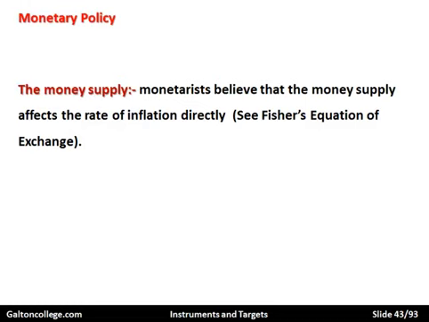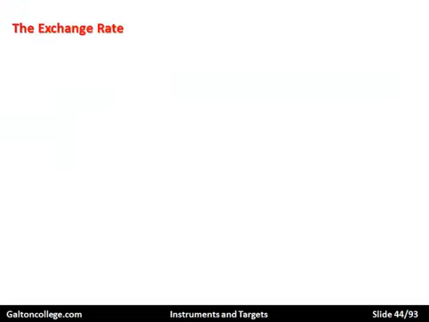So the Fisher equation, which was developed by Irving Fisher in 1911, was resurrected and promoted by famous economists, including Milton Friedman of the Chicago School, who argued that money was the key variable in determining inflation, and it was the duty of governments to control the money supply, thereby control inflation, and leave everything else to market forces. So a minimal state, or reduce perhaps not the size of the country, but perhaps reduce the size of the government in the country.